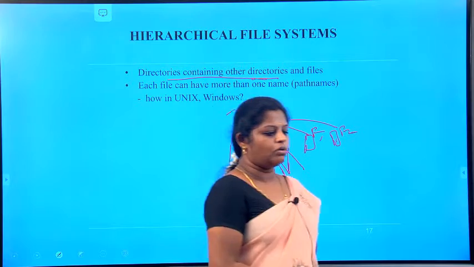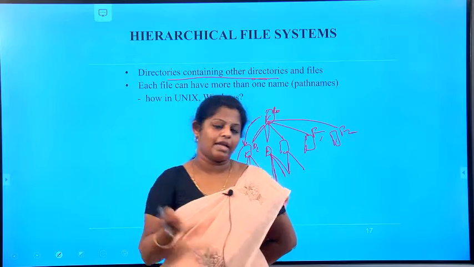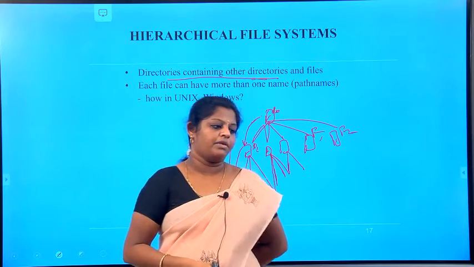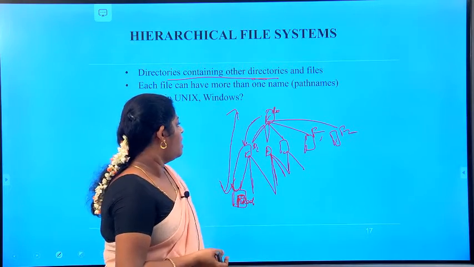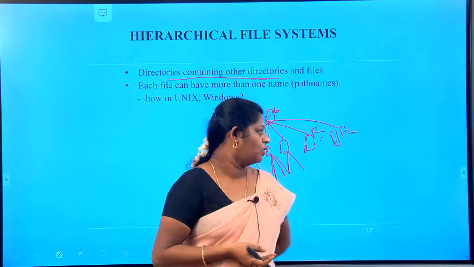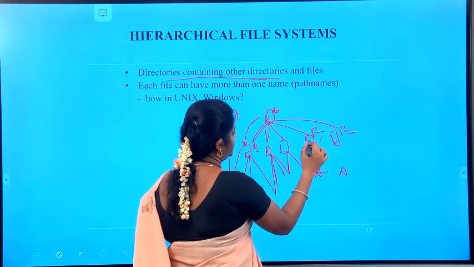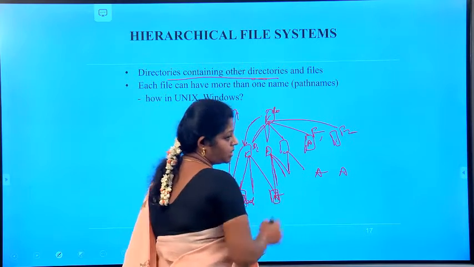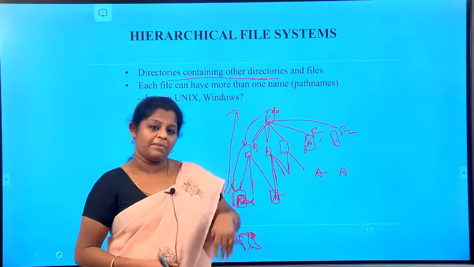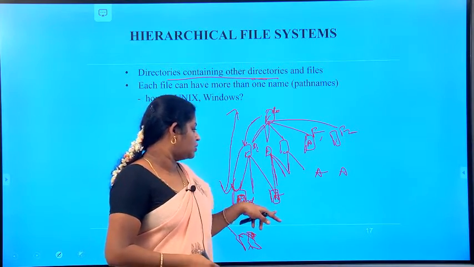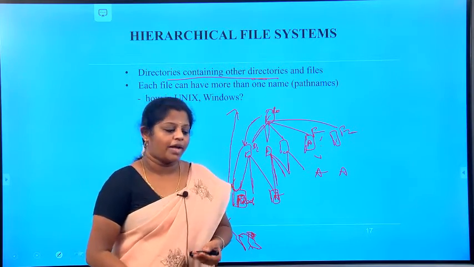Okay. So the root has a distinguished name, and each file of a directory has a name in the directory. The Unix file naming system is not a strict hierarchy. Files can have several names, and they can be in the same or different directories. I already told you, suppose you have the same name A in two places, and you have a file named A also. If it is a different directory, we don't have a problem. But while searching it may be a problem. We couldn't know which file we are going to search. For that we always need to give a different file ID.